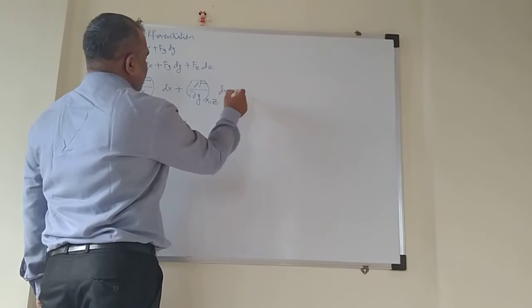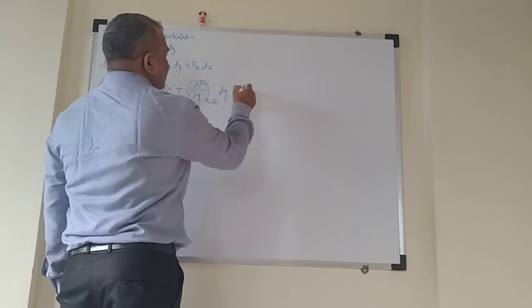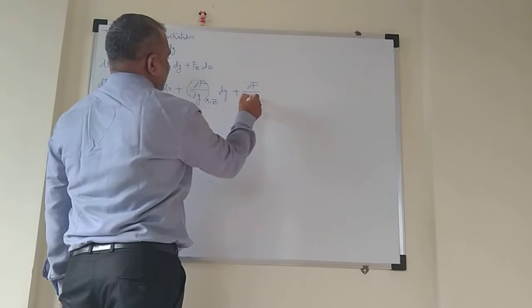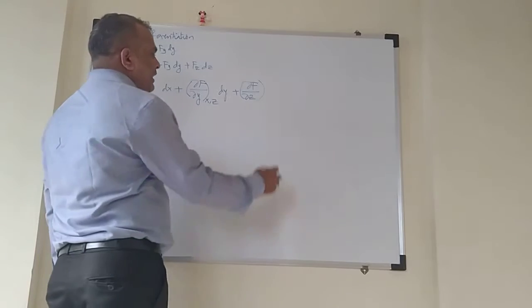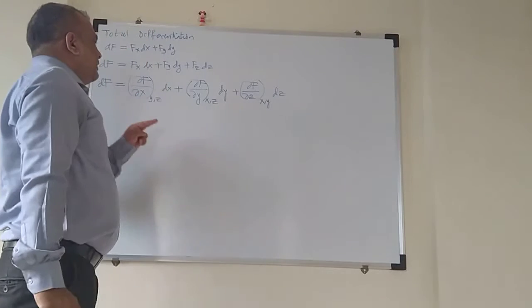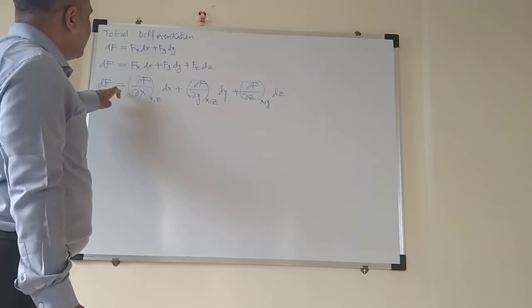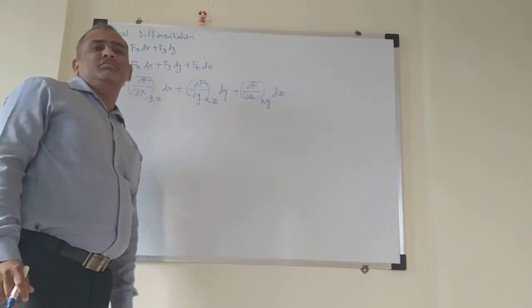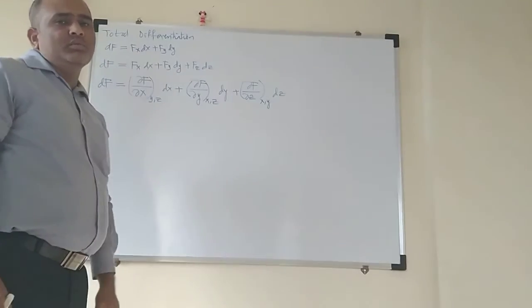And which are the other two variables in this case? The other two variables are x and z, into dy, correct? Plus, now fz is the partial differentiation of your given function with respect to z, and in the third case the other two variables are x and y, which are acting as constants. So this is a very precise formula for the total differentiation in case of three variables x, y and z. Fine. So let us go ahead to solve a problem based on the total differentiation.